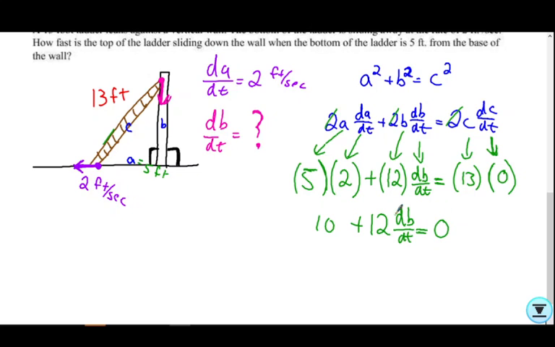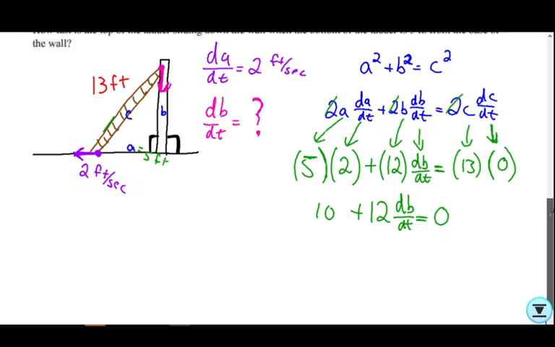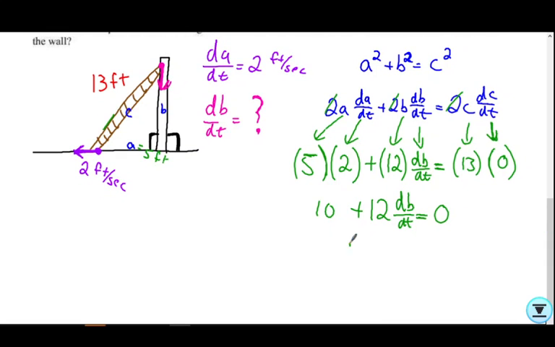We're solving for dB over dt because that's what we're looking for. So we move the 10 over, we divide by 12, we get dB over dt equals negative 10 over 12, which reduces down to negative 5 over 6. And this is feet per second,